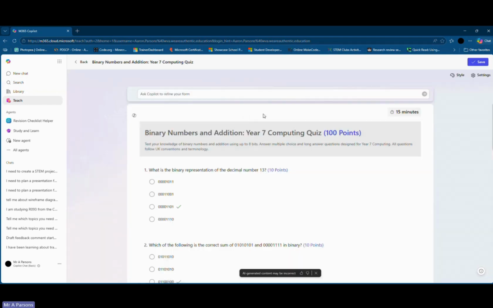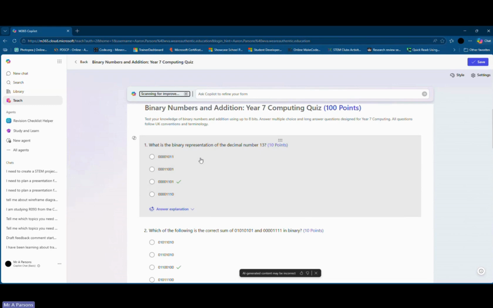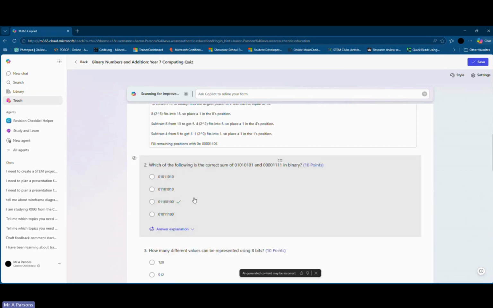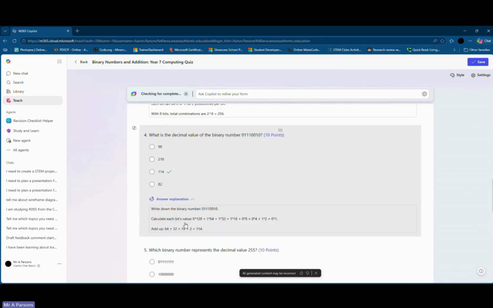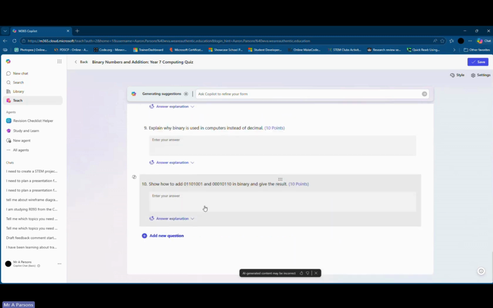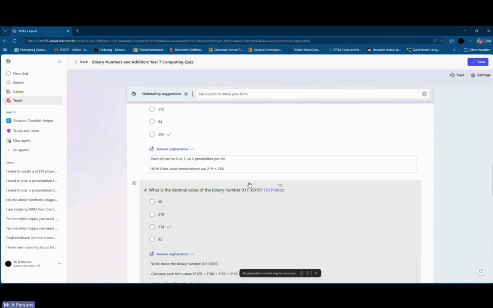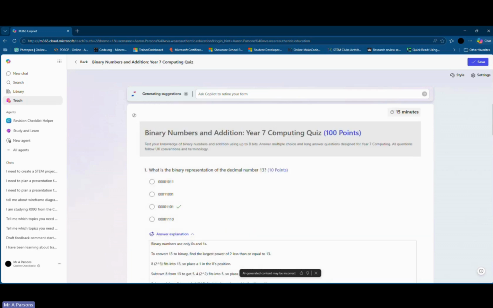But what I get after that is it's giving me 100 points because I didn't tell it there should only be 10 points. So it defaults to making every question worth 10 points. But it gives me them and I get an explanation for the answers for all of my questions. It explains what's going on, even for the written answer ones. And at the end, when I've gone through, if I did this quiz, it would give me some personalized feedback on what I did wrong, what I need to then move on to, what I need to revisit, what my personal sort of misconceptions and errors were.